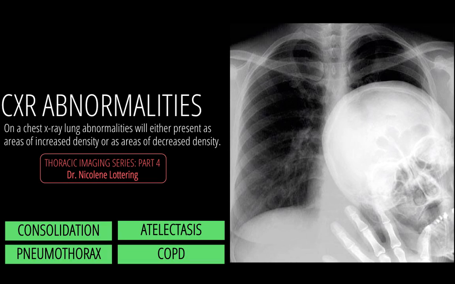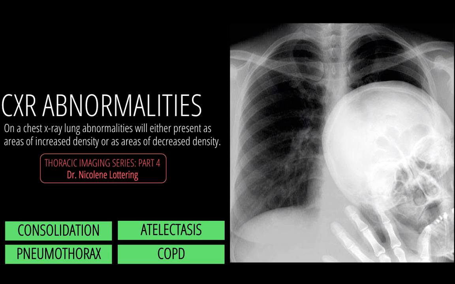This video constitutes part 4 of the thoracic imaging lecture series. So specifically, we'll be going through a couple of main examples of abnormalities and pathologies as seen on chest x-ray. Specifically, we'll be discussing the principles of consolidation, atelectasis, followed by pneumothorax, and closing with chronic obstructive pulmonary